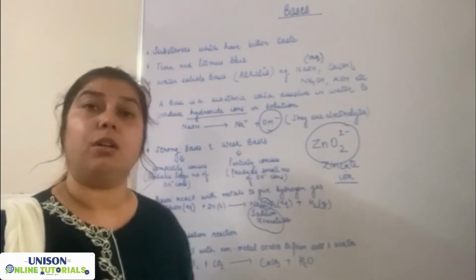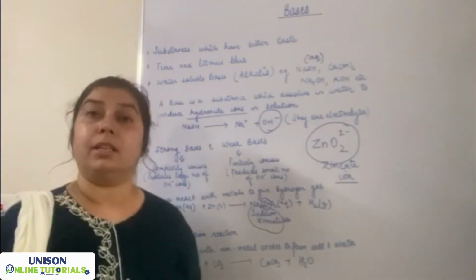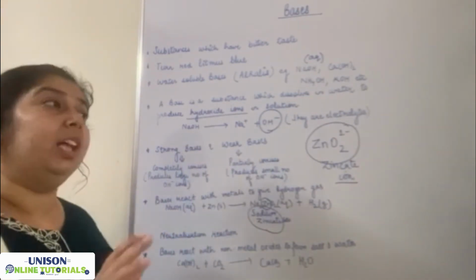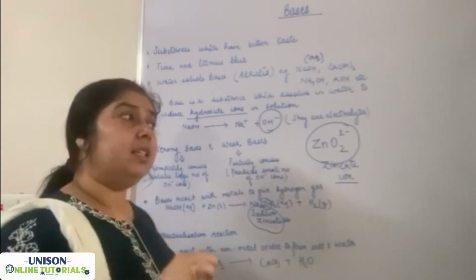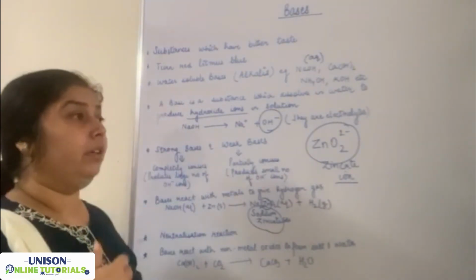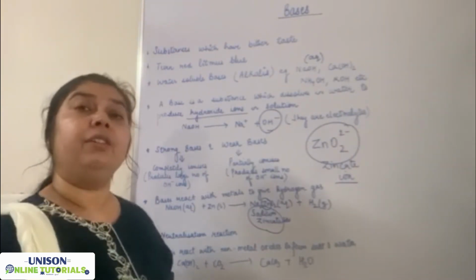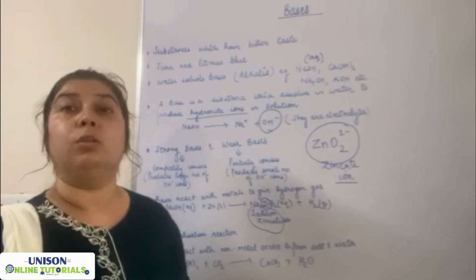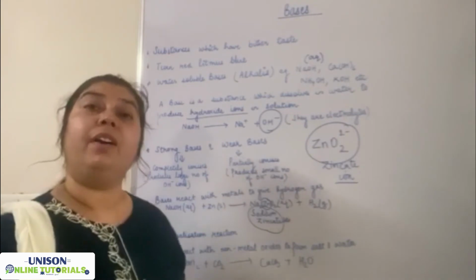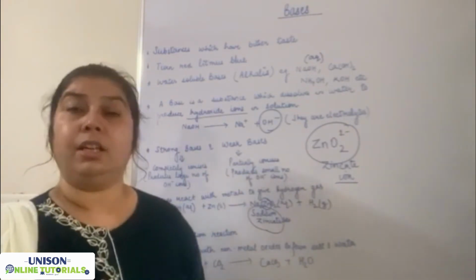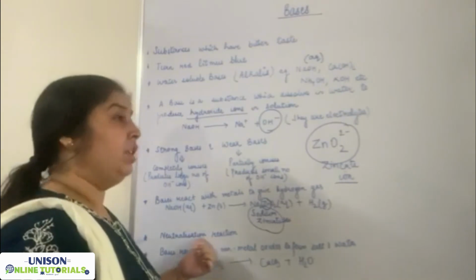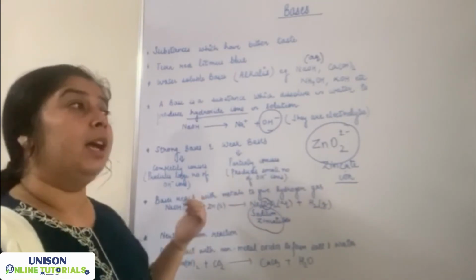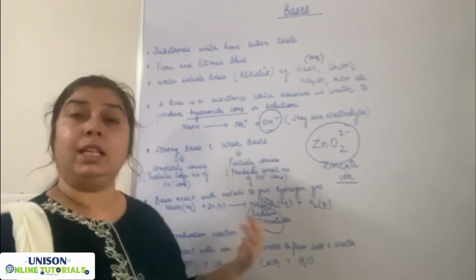Similarly, next is neutralization reaction. This we have done in acids also. That acid plus base gives you salt and water. Acid and base have the property to nullify each other's effect, because one is having which ion? H positive ion, and another is having which ion? OH negative ion. So H positive and OH negative gives you what? Water. So they nullify or cancel each other's effect. So this is known as which reaction? Neutralization reaction.